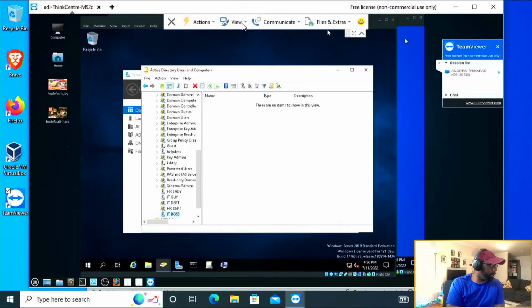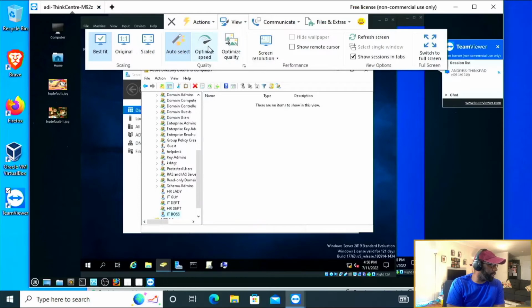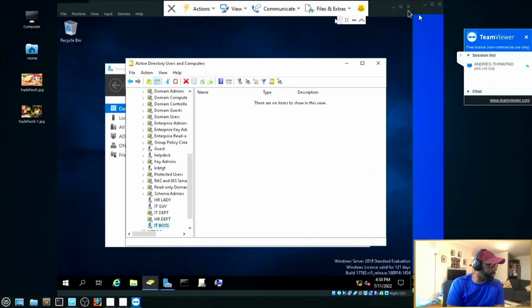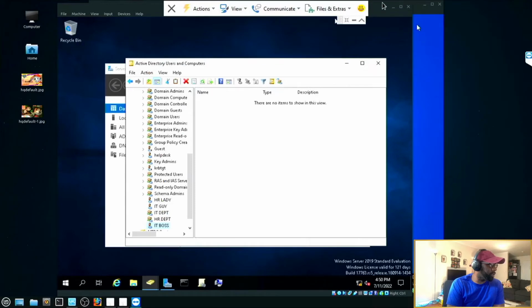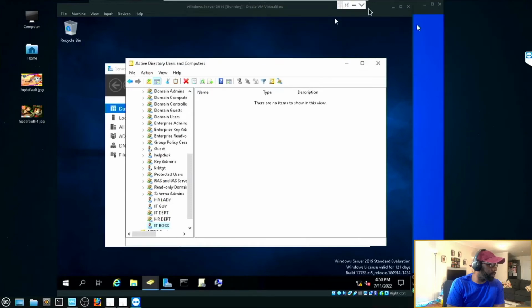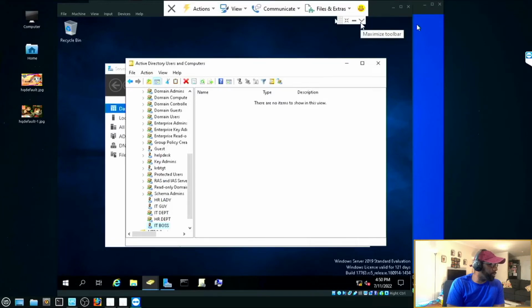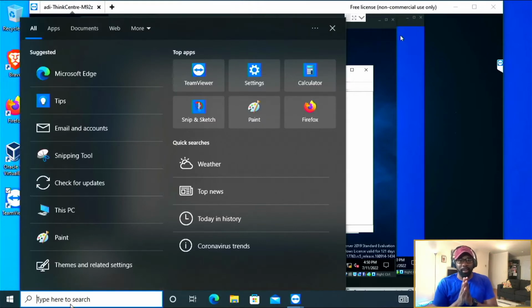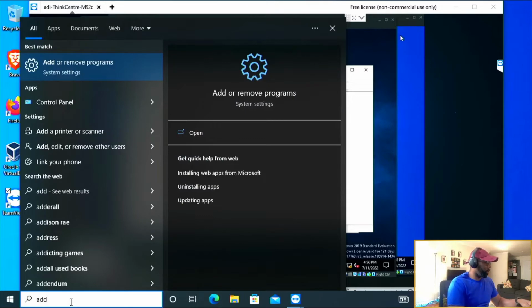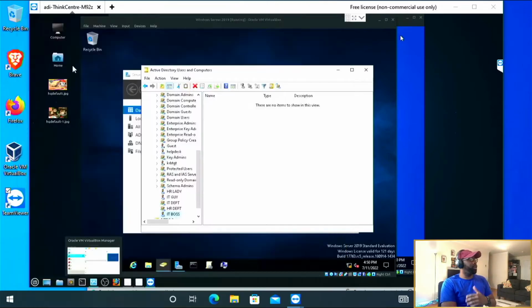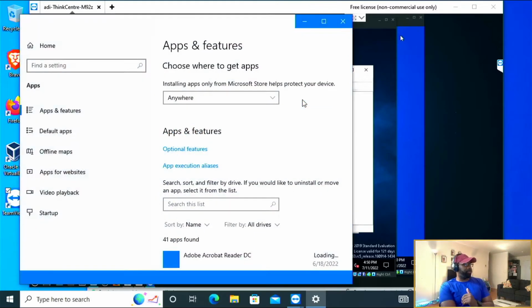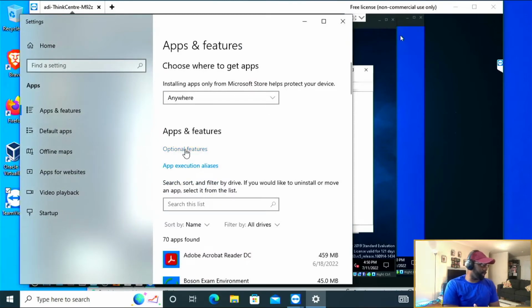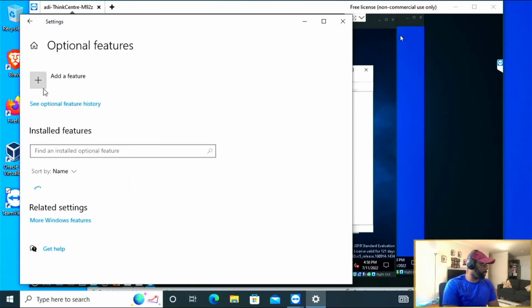Okay, so this is what I ideally would like. I don't even know why I'm setting all this because I'm probably going to have to restart anyway. All right, so once again, installing RSAT tools, add, remove programs. I'm sure I could have probably just entered the password and credentials and done it that way in our last account, but